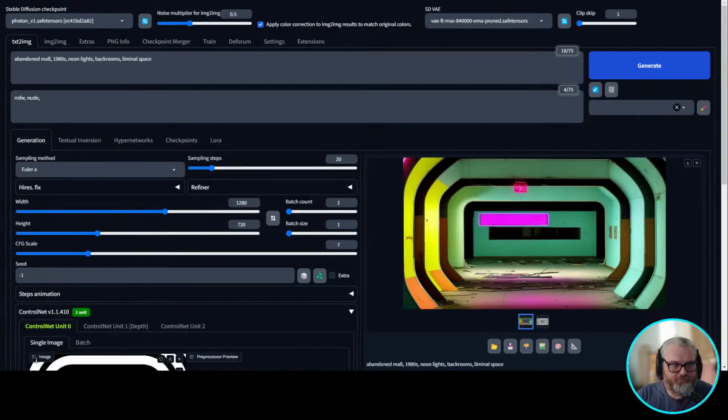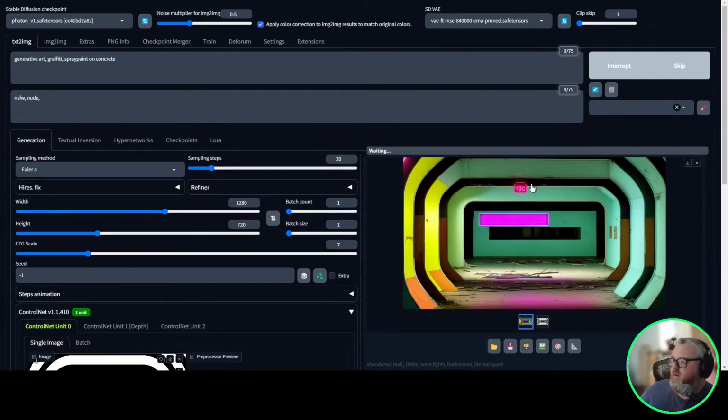That one loads up an Automatic 1111 environment on Google Colab, and then you can just install the ControlNet extension and drop the QR Code Monster model into the right folder on your Google Drive, and you're good to go. It'll work the same as it does locally. You might need Colab Pro for that one. I can't remember if there's enough VRAM to run ControlNet on a free account. Okay, generative art, spray paint on concrete, graffiti.